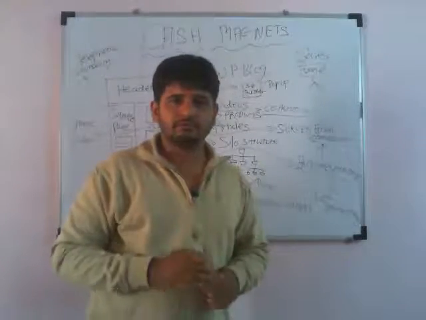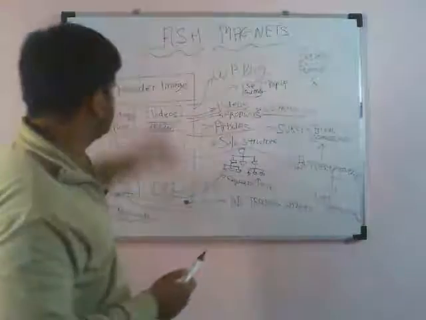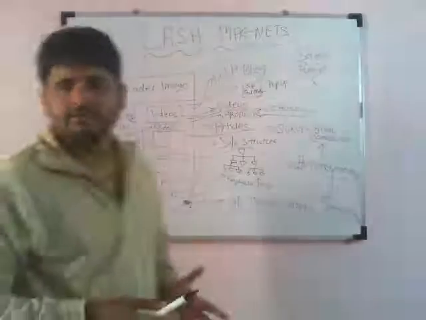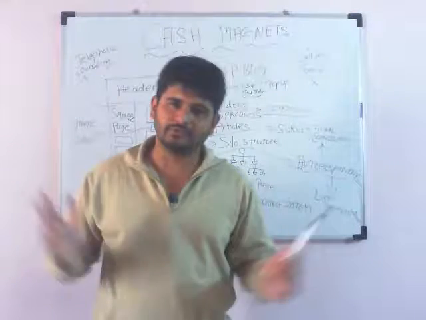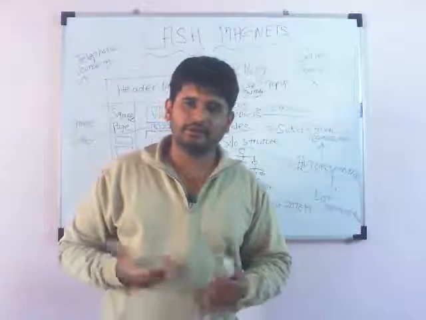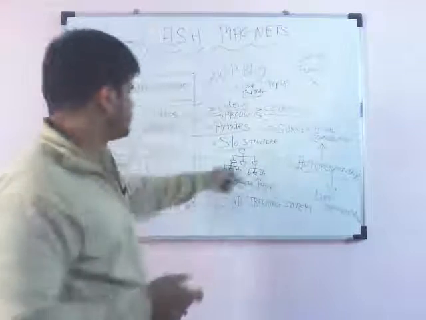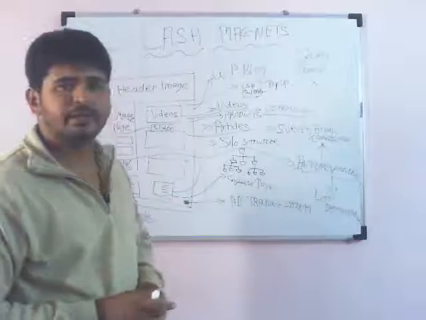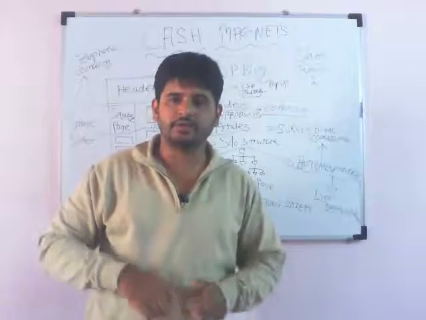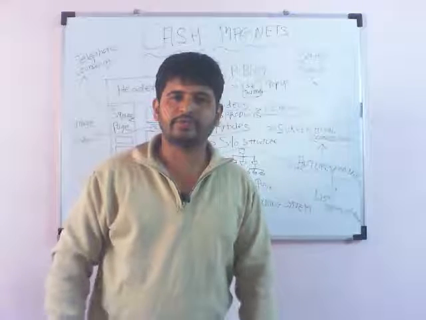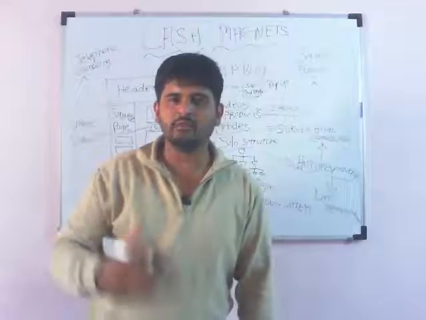These are called cash magnets. I call them cash magnets because once you have all these things in place, it keeps working for you even if you don't work. It works automatically because this system drives traffic. The SEO part and the silo structure part drive traffic to your website, and all the other systems keep converting your website visitors into sales. They help in doing conversions.